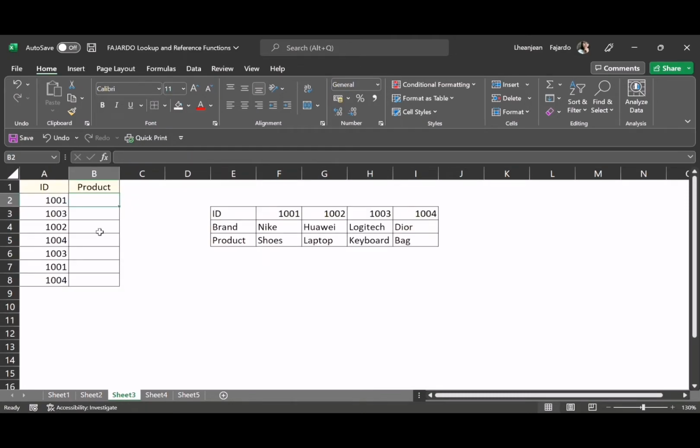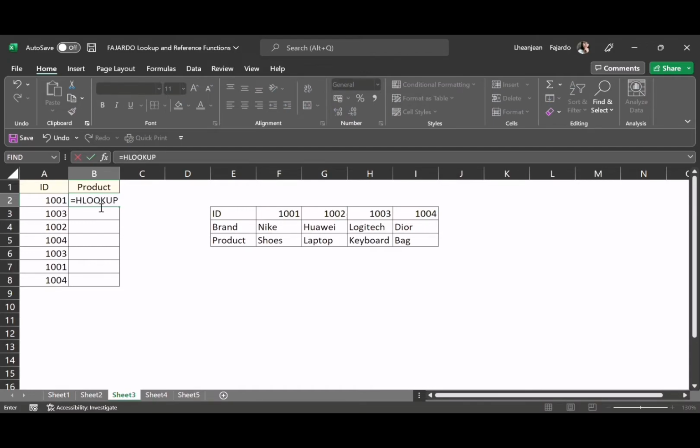So let's move on. For our third function, the HLOOKUP function, or the horizontal lookup, we know that it is one of Excel's most powerful lookup functions, and if your data is organized into horizontal rows, then you can use the HLOOKUP function. We have an example here to see how it works. The horizontal lookup works in the same way the vertical lookup does. Click on B2 cell here and enter